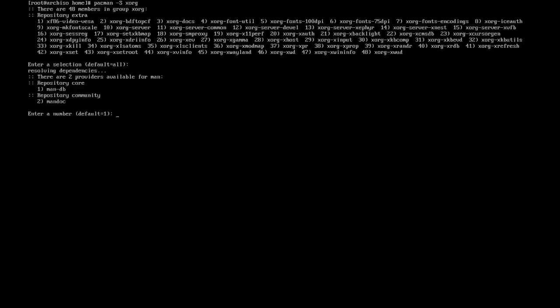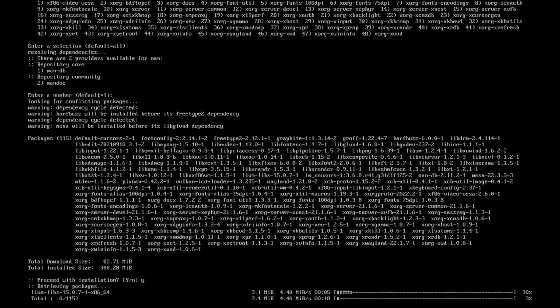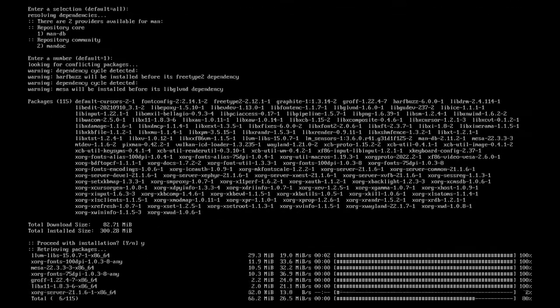From here, you might want to install Xorg as a display server, so we can have a display. You want to install all packages from Xorg. Xorg is an older